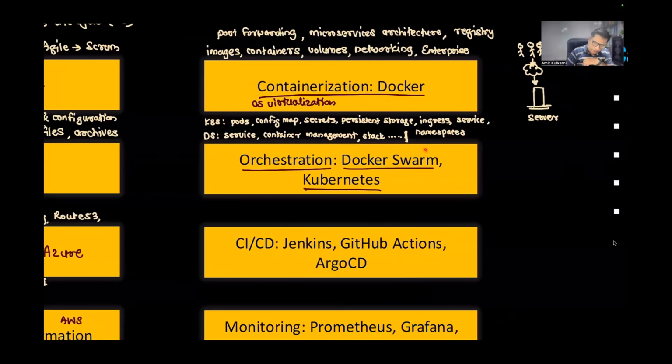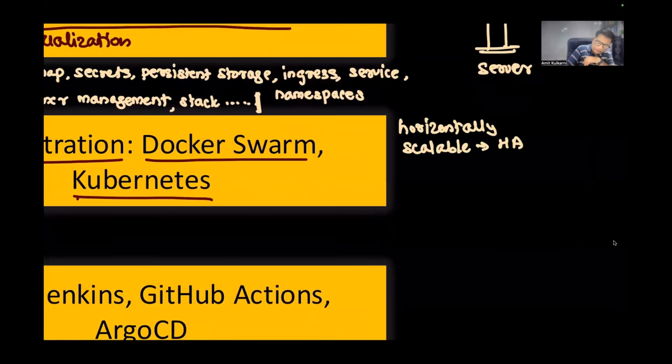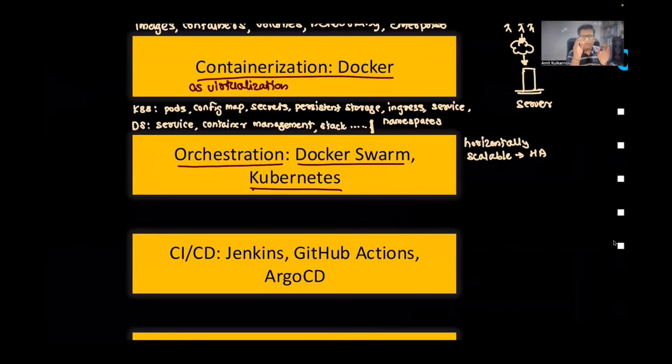These two, Docker Swarm and Kubernetes, are very famous to make your application horizontally scalable. This is generally called a horizontally scalable, highly available application. When I say highly available, that means the application will never go down. Have you ever imagined Amazon going down? Have you ever imagined Netflix going down? Hotstar going down? Sony Live, when the match is live, is it going down anytime? No, it does not. It never will, because of this secret, horizontal scalability.